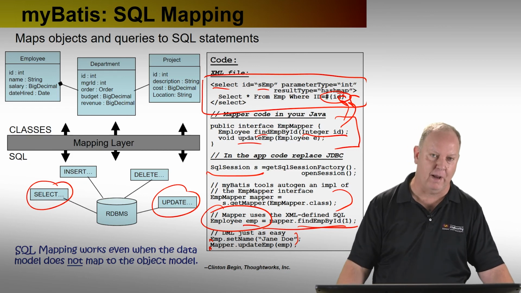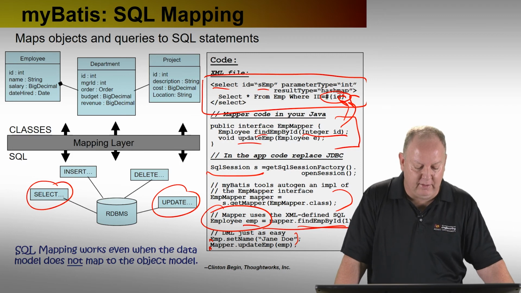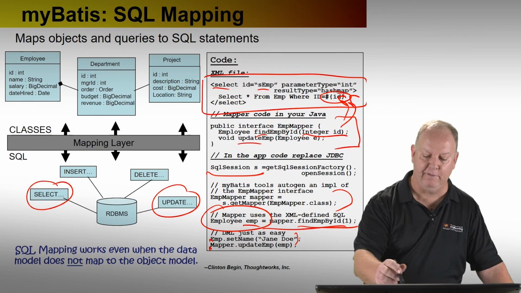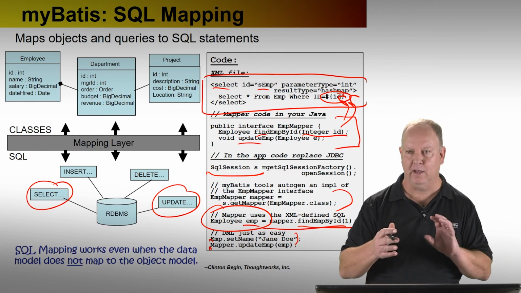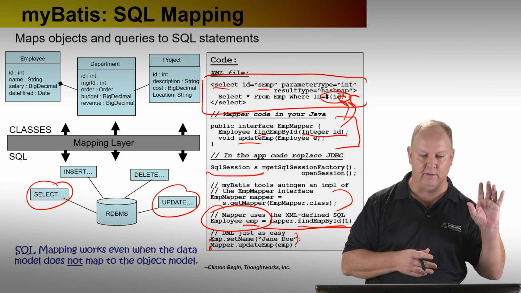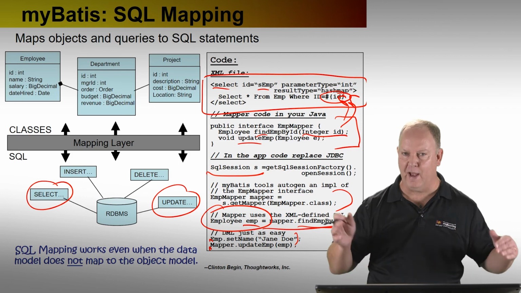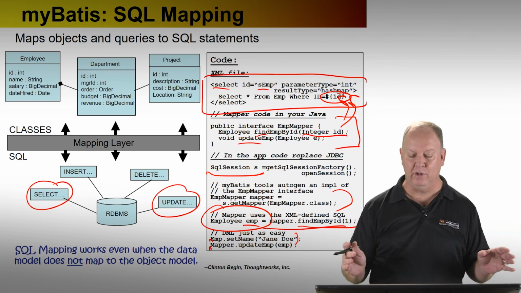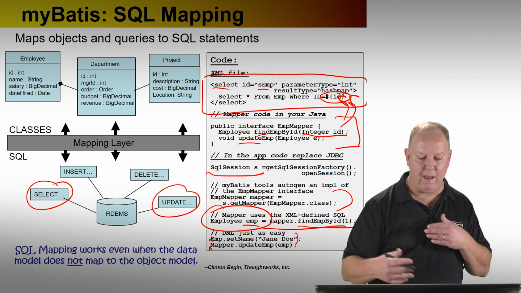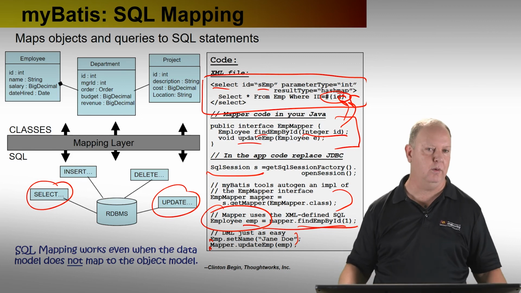There's other examples of wrapping frameworks. Spring used to have one, for example. So SQL mapping works even when the data model does not map to the object model. What that means is these mapping files are quite flexible. In object relational, you tend to have this kind of one-to-one. You directly go from this hierarchical model to flat model, and you work out different ways to flatten your object model to get into the relational model. SQL mapping is working at the SQL level, which means you can do some cute mapping kinds of things to ignore some of those hierarchical structures or to shoehorn them in the ways you want.